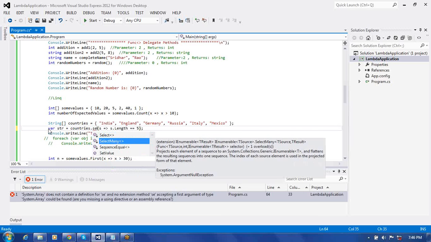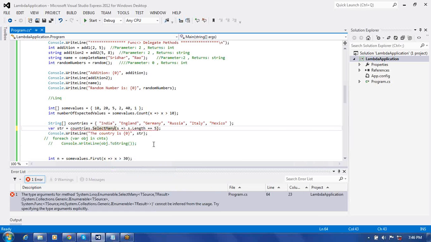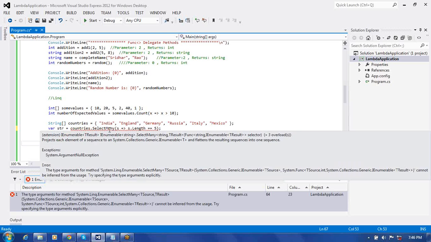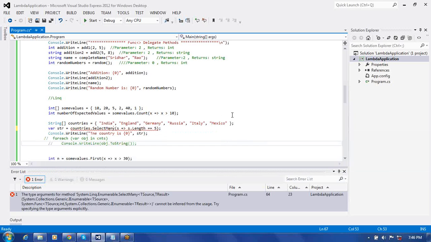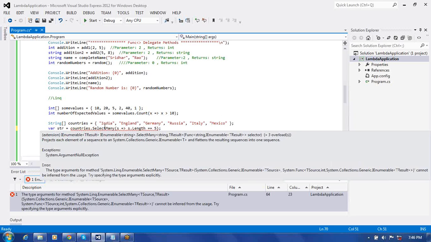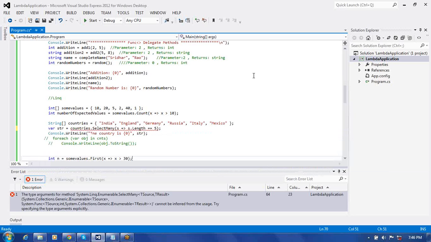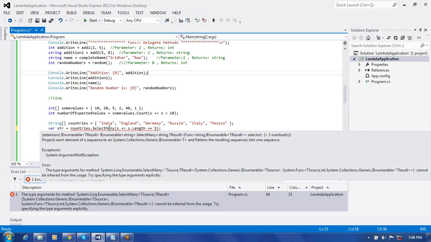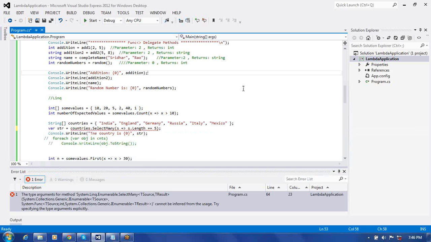I can use here select many, where s goes to countries dot result also we have to give in that. IEnumerable it's given for an extension method 3 overloads. So select many when we take it,